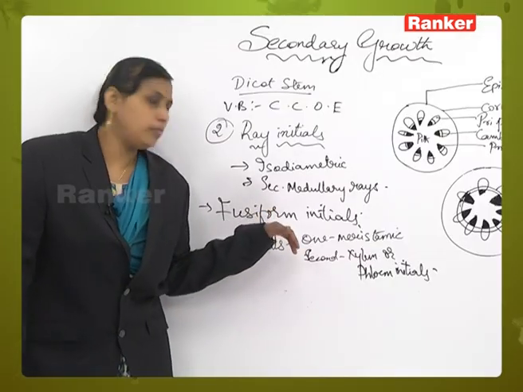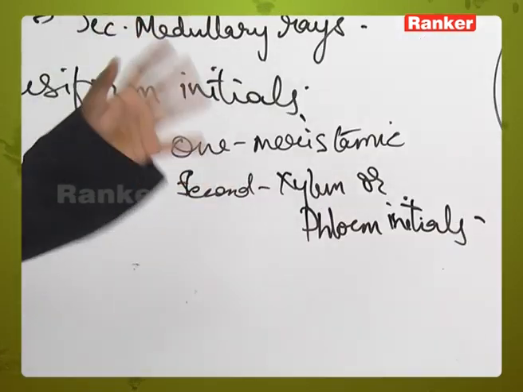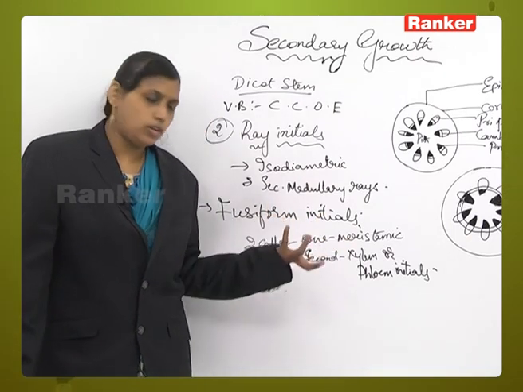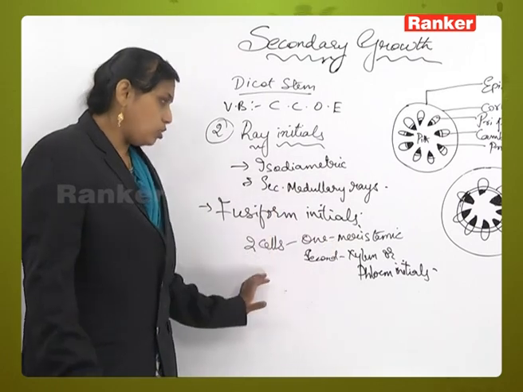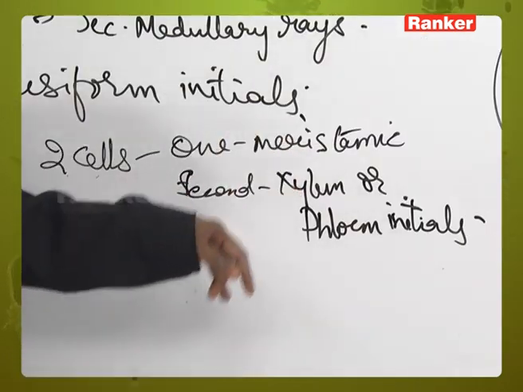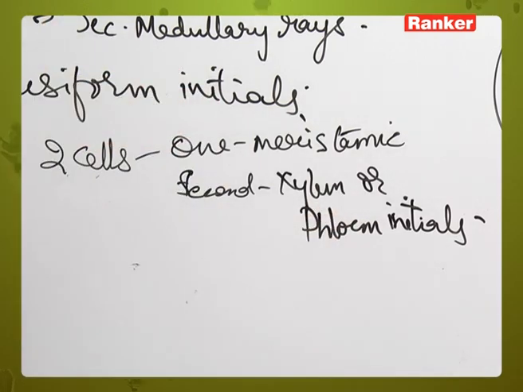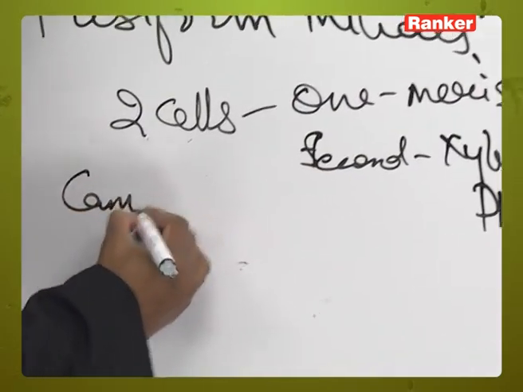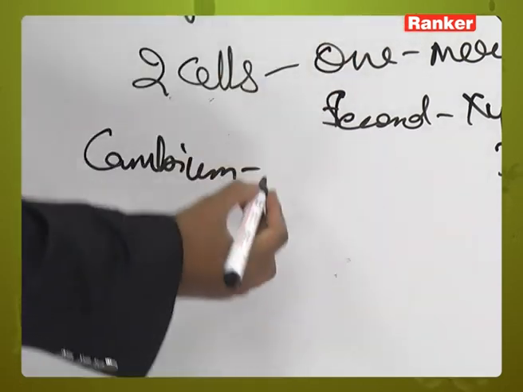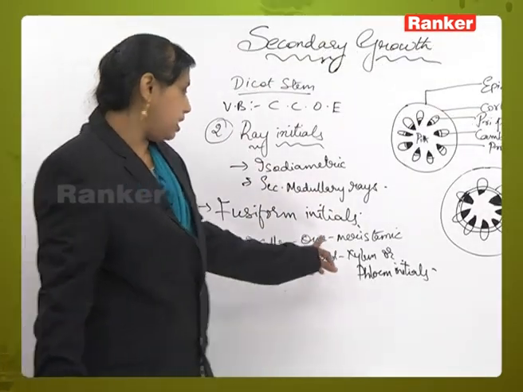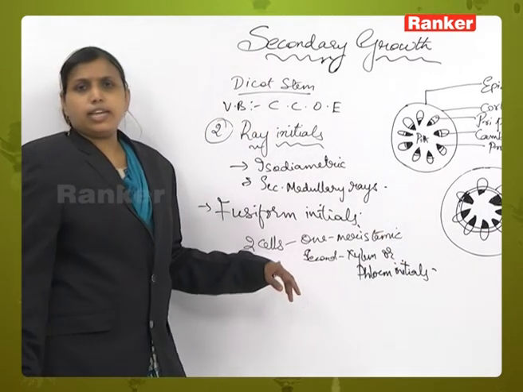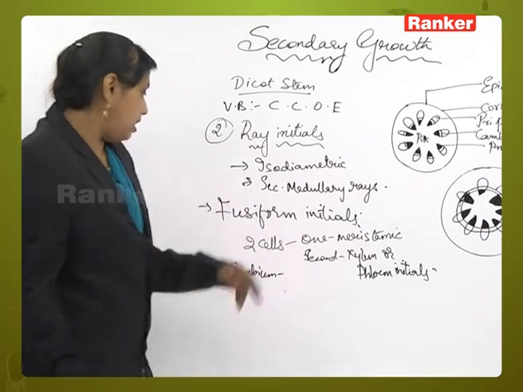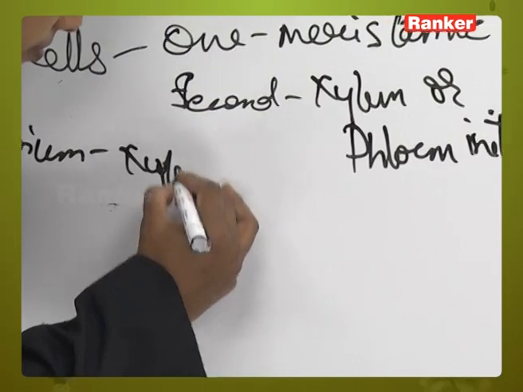Fusiform initials will undergo a number of periclinal divisions and will give rise to secondary xylem and secondary phloem. There are basically two types of cells existing in the division of the vascular cambium. Of the two cells, one will be meristematic and the second one will become the xylem initials or phloem initials. For example, when the division occurs in the cambium, out of the two cells, the inner cell is meristematic. If the meristematic cell is considered as one of the cells, then the other layer will become the xylem initials